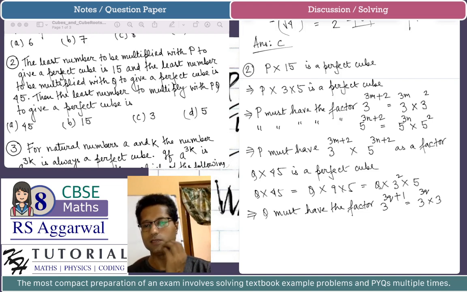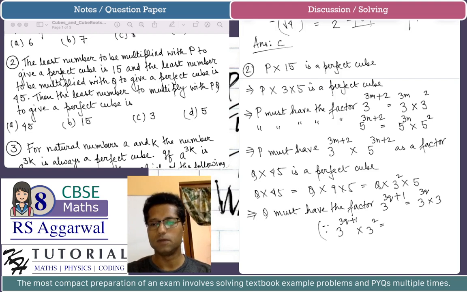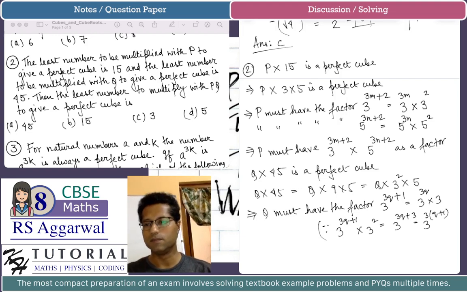So we can say that q must have the factor 3 to the power 3q plus 1, because only when we multiply the least number, that is 45, which is having a 3 square as a factor, with 3 to the power 3q plus 1, then it will make a perfect cube, because 3 to the power 3q plus 1 multiplied by 3 square is equal to 3 to the power 3q plus 3, that is 3 to the power 3 times q plus 1, which, since the power is a multiple of 3, into q plus 1, so these 3 to the power 3 into q plus 1